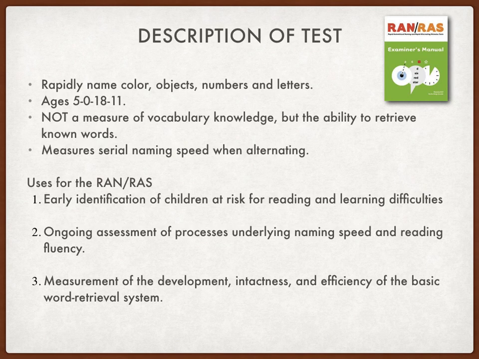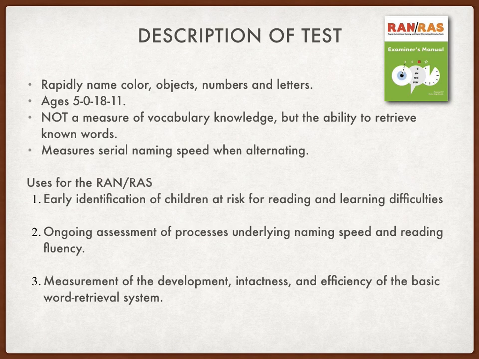The tasks in this assessment require students to rapidly name colors, objects, numbers, and letters. It is appropriate for ages 5-0 to 18-11. It is not a measure of vocabulary knowledge, but the ability to retrieve known words from that knowledge. It measures serial naming speed when the subject is required to alternate between two types of symbol sets in a